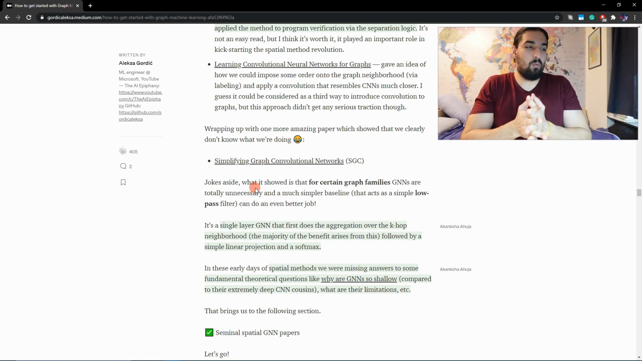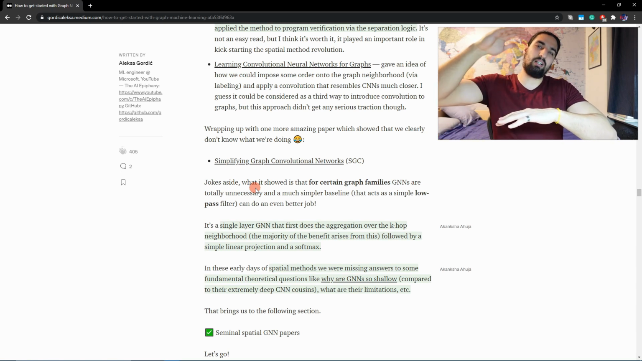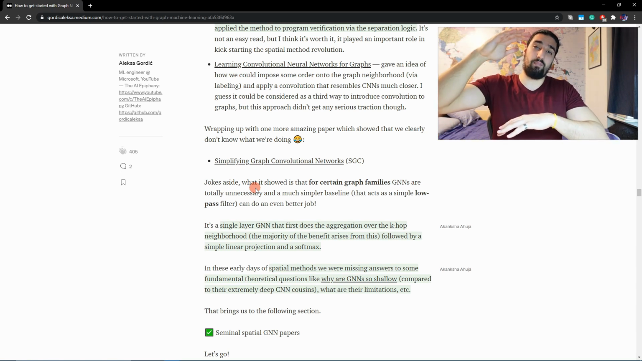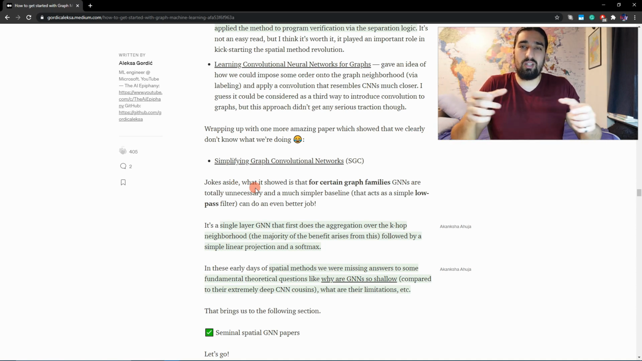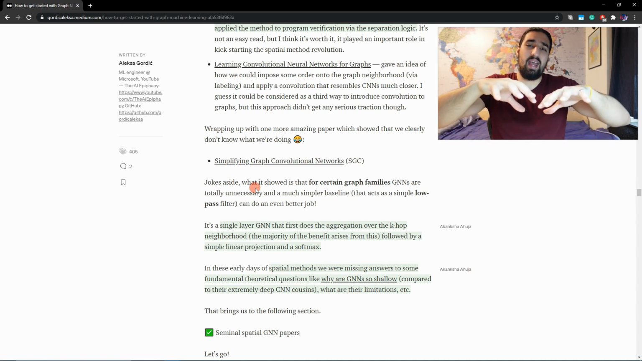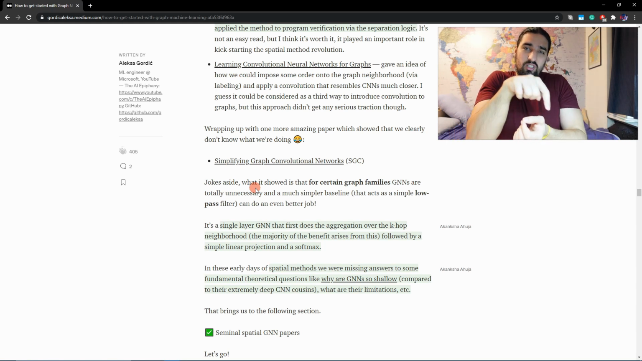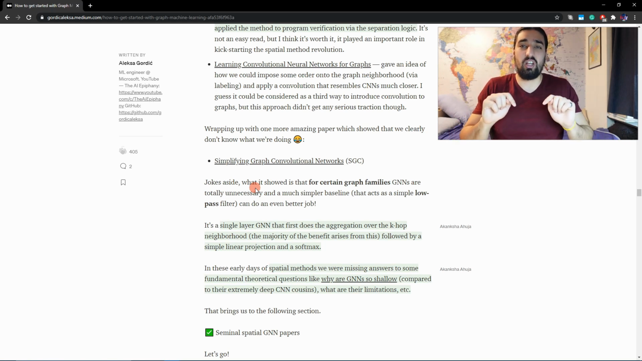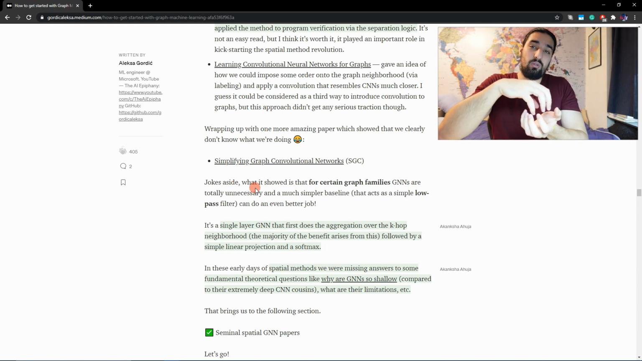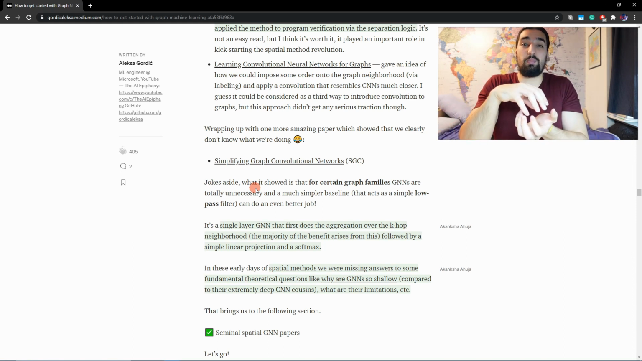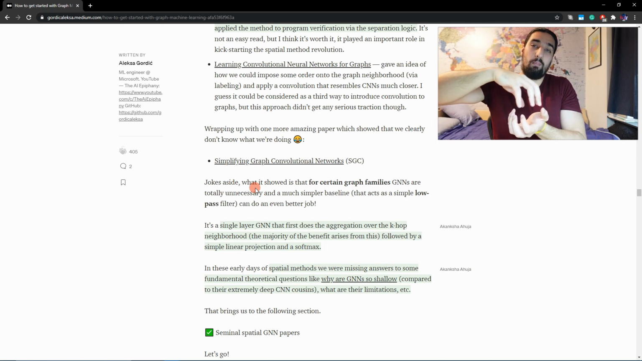Basically, what this paper showed is that you can use a much simpler baseline. You can just leave out a multi-layered graph neural network and just use the aggregation on the k-hop neighborhood. So instead of using just a one-hop neighborhood, your direct connections, and doing the MPNN, the message passing scheme I told you about multiple times,